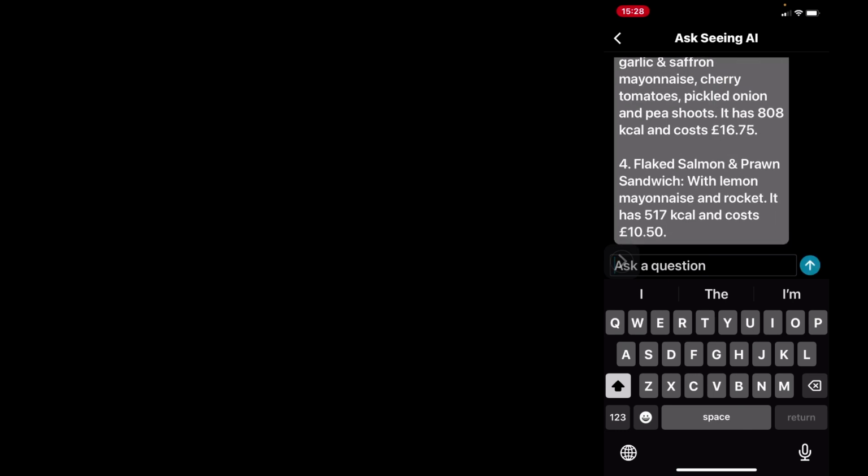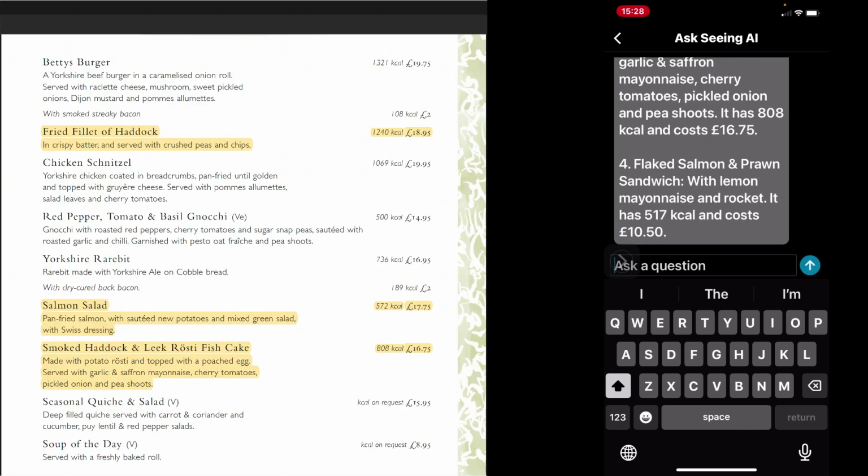The seafood options available in the document are 1. Fried fillets of haddock in crispy batter and served with crushed peas and chips. It has 1,240 kcal and costs £18.95. 2. Salmon salad, pan-fried salmon with sautéed new potatoes in mixed green salad with Swiss dressing. It has 572 kcal and costs